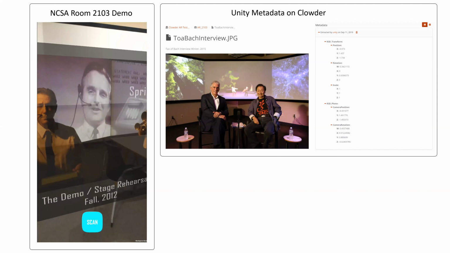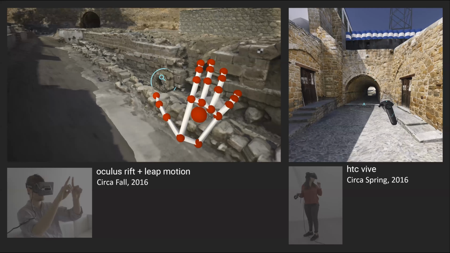So here are two previous projects. I want to show a little bit what we've been doing up to Wicker. We've been getting content from the Cyprus Institute. They've been doing extensive scanning of cultural heritage projects. This one is the Paphos Gate in Nicosia, Cyprus, excavated from 2013 to 2015, and we got these photogrammetric scans